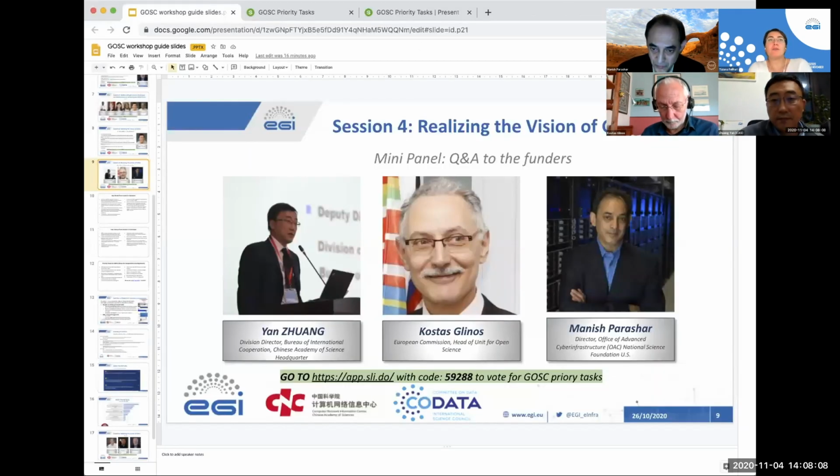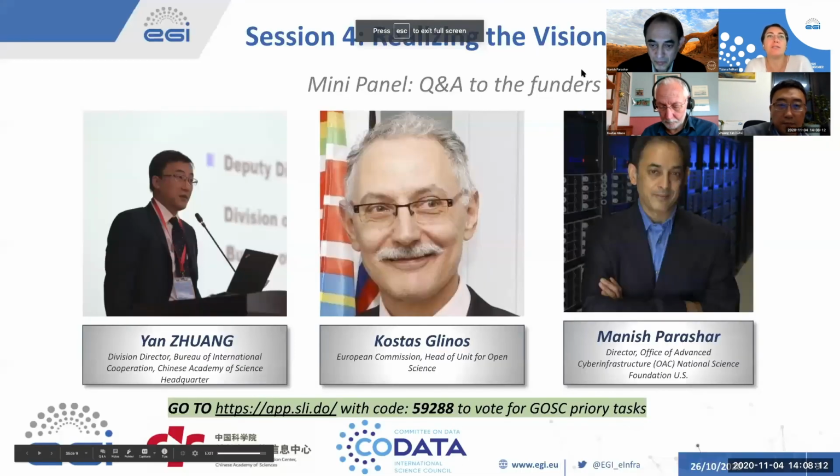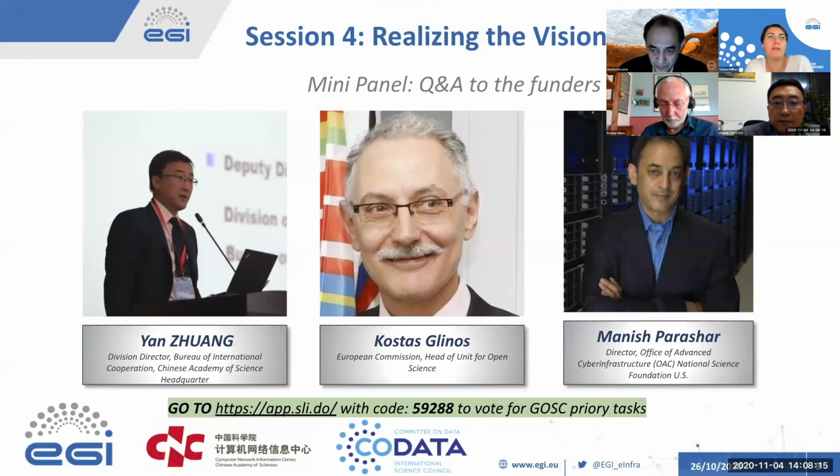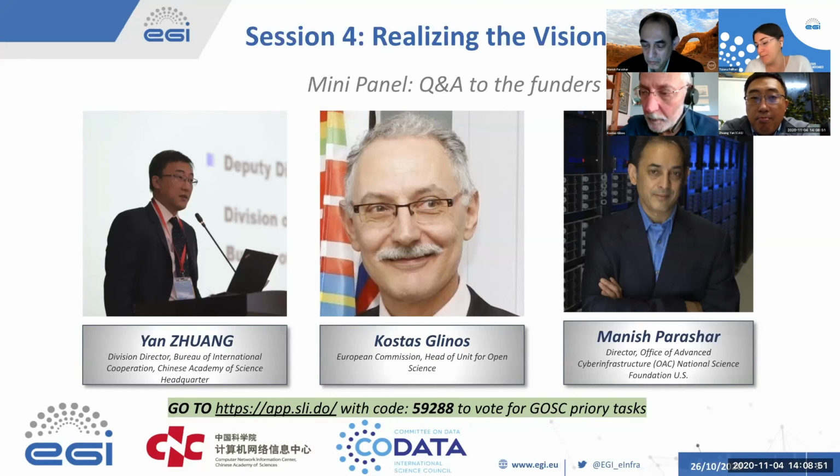It seems to me that the presentations have a common theme. The policymakers and the funding agencies are confirming that there is strong support of policies towards open science. I'd like, however, to look at the last example that was shown by Manish, the opening of data and infrastructure to tackle a global challenge, which is the current pandemic that we're facing. Europe did similar things and pooled all the efforts in bringing together the data. And it was recently reported, for example, that the biggest user communities of the data portal for COVID are